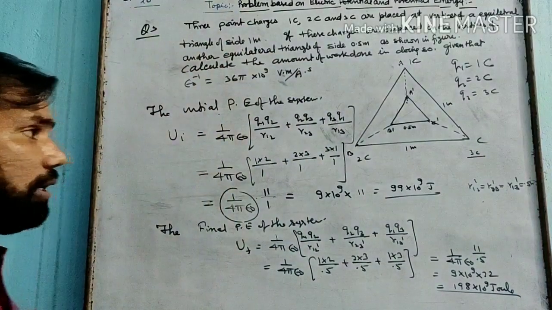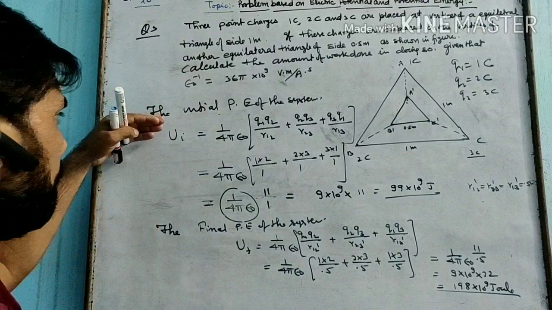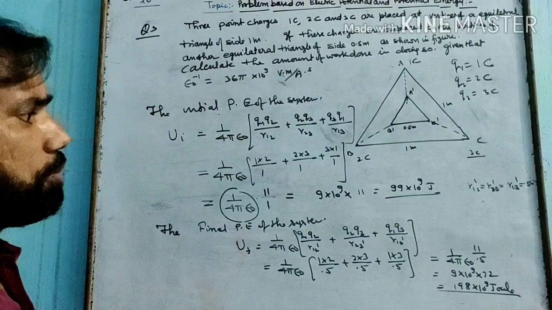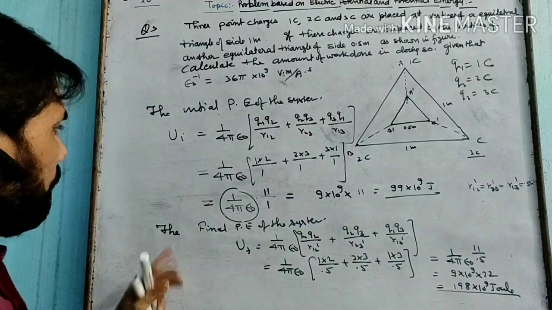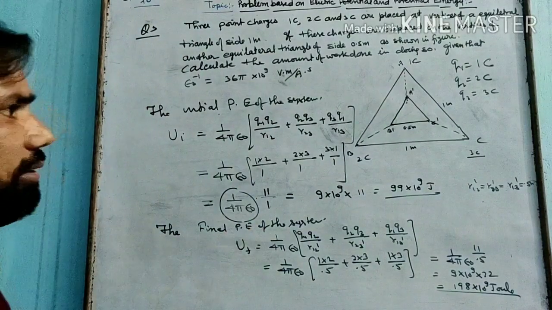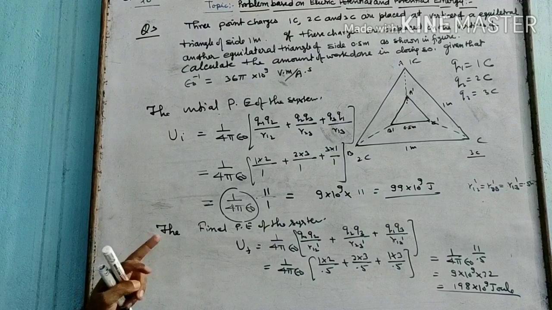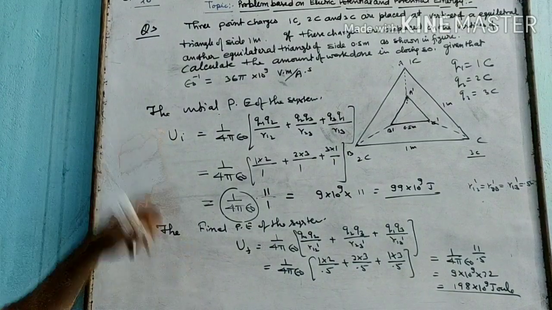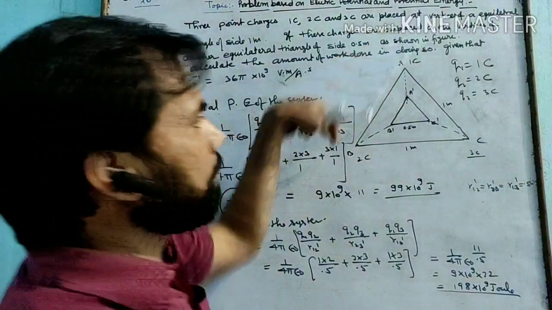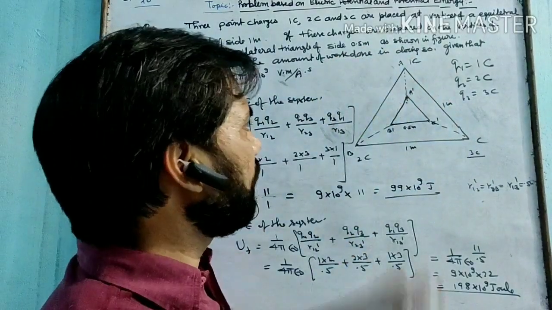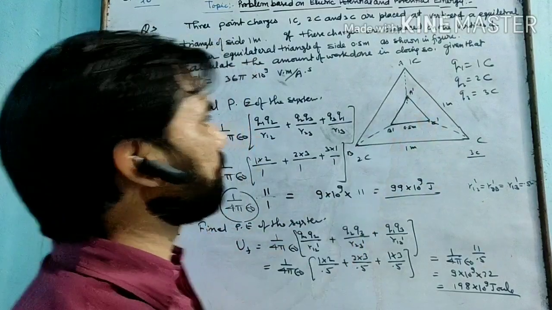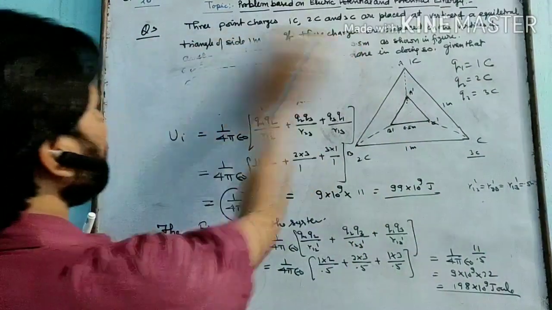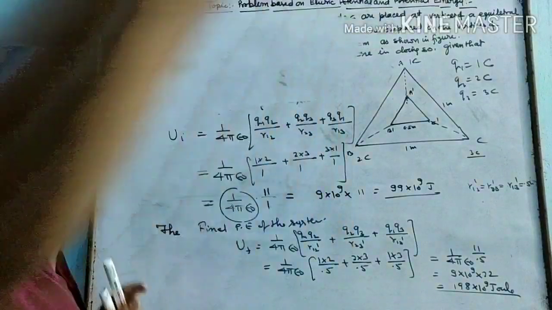In bringing the charges from A, B, C to A dash, B dash, C dash respectively, the amount of work done certainly can be calculated by calculating the difference in potential energy, the change in potential energy. जो पहले सिस्टम बना था उसकी पोटेंशियल एनर्जी डिफरेंट थी और जो बाद में बना उसकी पोटेंशियल एनर्जी डिफरेंट हुई। So the change in potential energy will give us the amount of work done.